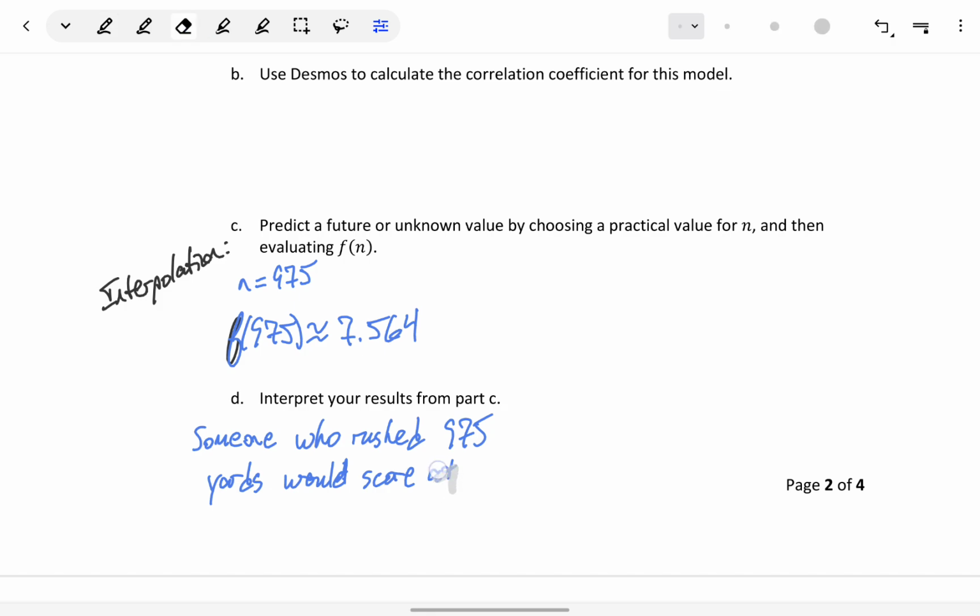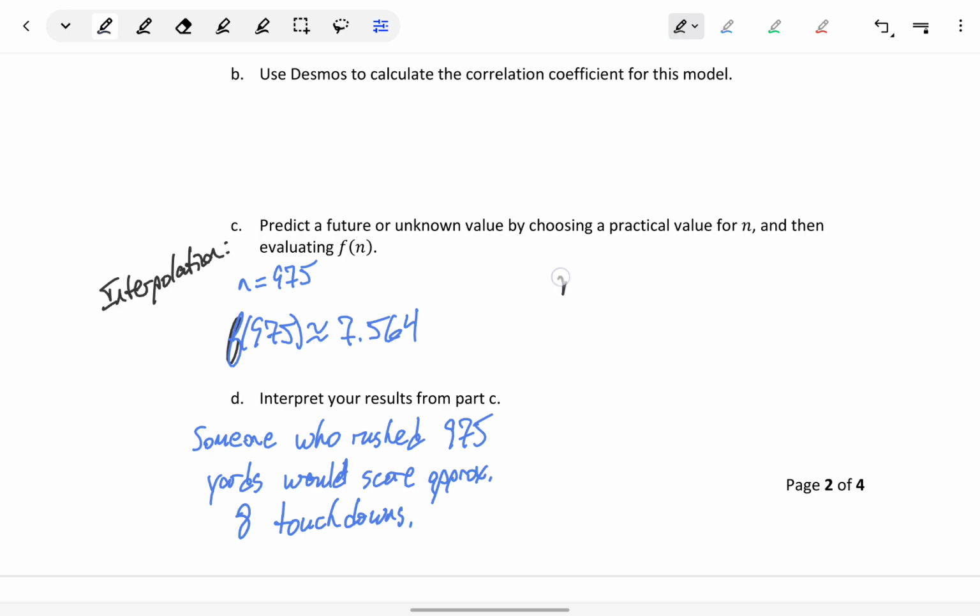Let's change that: they would, at least, score approximately 8 touchdowns. That's not a value that we had in our table above. We don't have this as a known paired relationship. But the model suggests that based off the performance of those other players, this is what we'd expect. If a player in a future season rushed 975 yards, they would likely score 8 touchdowns. Again, since this was interpolation, that's likely to be a more reliable result,